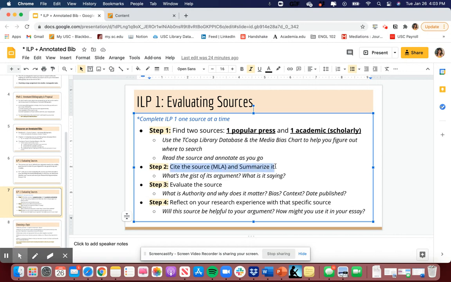So you'll just read the source and you will mark as you go, so that on step 2, you can cite the source in MLA format and then right underneath it, summarize it in your own words. Beneath your summary is when you're going to write your evaluation. So what is authority and why does it matter? Is there any bias in this piece? What's the context, date published? These are all explained in detail